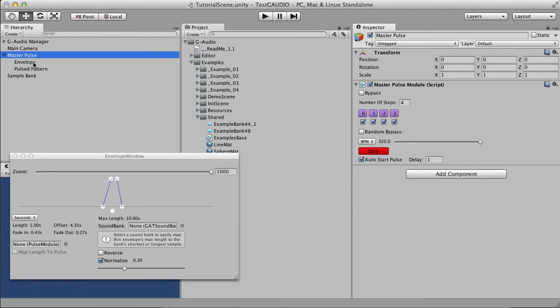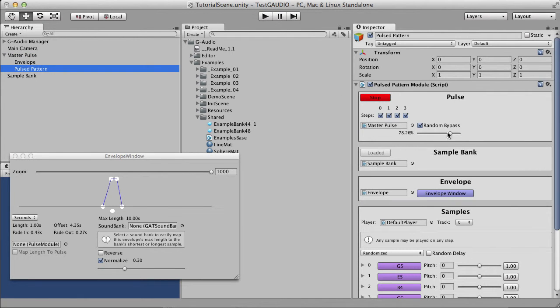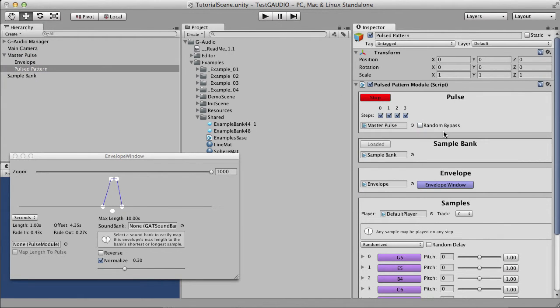Now I'll just go back to the pulse pattern and turn off random bypass so that we get more sound. Now we could decide to make the samples much shorter. We can zoom in